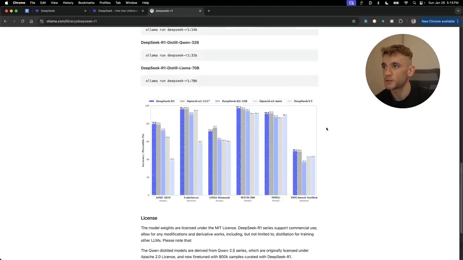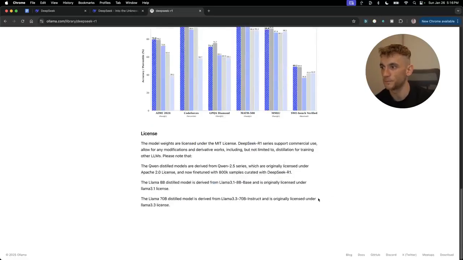So you can see the benchmarks here in terms of how it compares, say, versus OpenAI O1 Mini. You got DeepSeek version 3, DeepSeek R1, and you can see DeepSeek R1 is basically smashing all the benchmarks right there. Now, if you want to run this